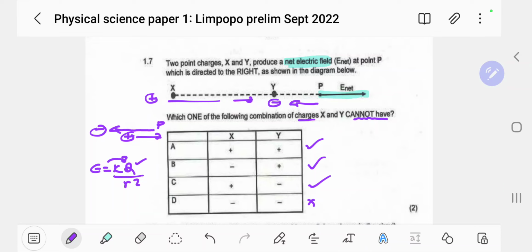And if it is not, it is our answer, because we want this not to be the case. Why is it not possible? Remember, this would be directing this one that way, and then this charge over here, if it is negative also, remember this is point P, this one is also pulling it that way. So these are in the same direction, so the net would be directed to the left. So that's why it is not possible for it to be in there.